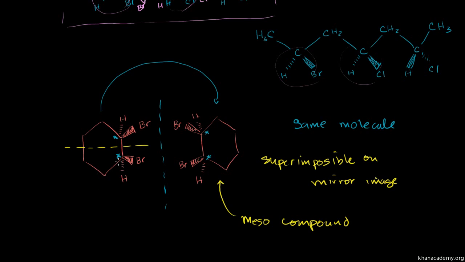Now, these would not be the same molecule if I changed that to a fluorine and I changed that to a fluorine. Then all of a sudden you do not have this symmetry. These are mirror images, but they would not be superimposable. So if that was a fluorine, these would actually be enantiomers. And this would not be only one meso compound. It would be two different enantiomers, and one of them would have an R direction, and one of them would have an S direction if we go with the naming conventions that we learned in the